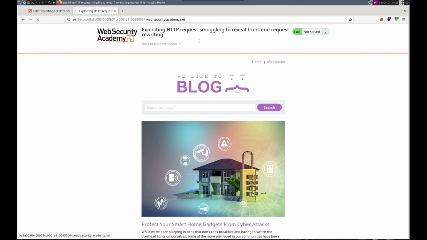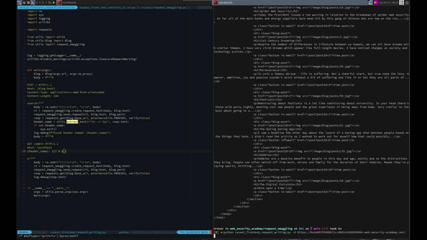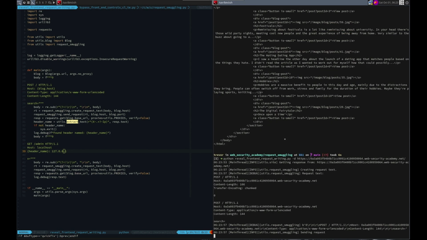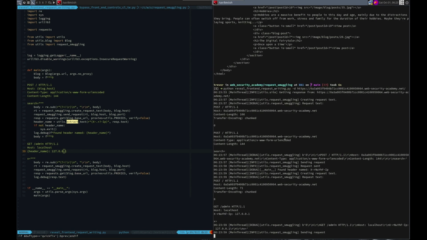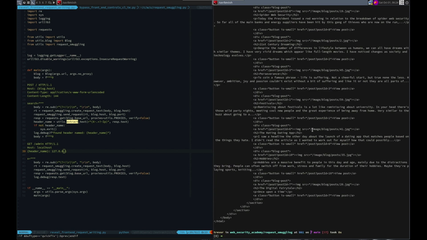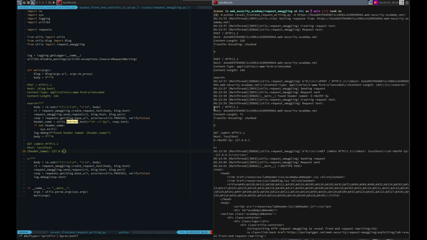Let's make sure we clear out everything. Let's try it again. If it doesn't work, we'll check it through Burp to see why. Did not work. Okay, so we want to send this request